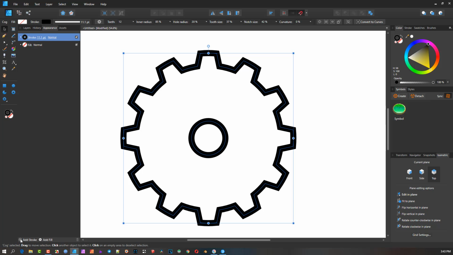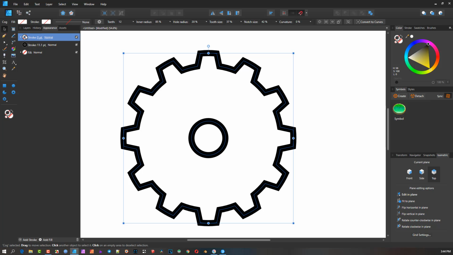Let me just show you the power of it. I'm just going to show you the stroke one. If I click stroke, it's going to put one on top of that, and it defaults into transparent. So this stroke is a duplicate of that one, but it is at 0 points, so it's got 0 thickness. It's also got a blend mode. Very interesting. It's got a blend mode on the stroke, same as the fill has a blend mode. I haven't seen it in any other graphics programs, and I don't think many people know this